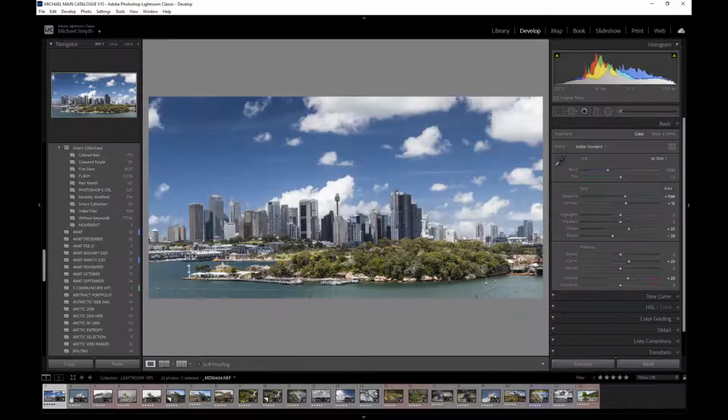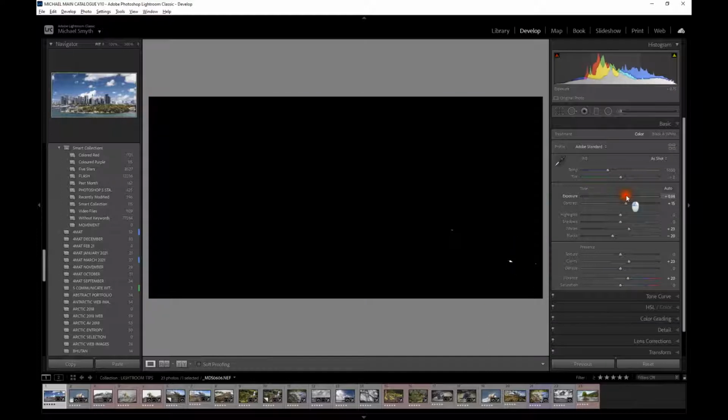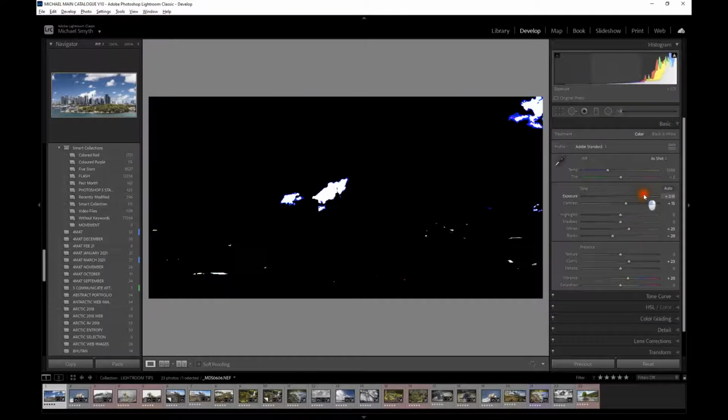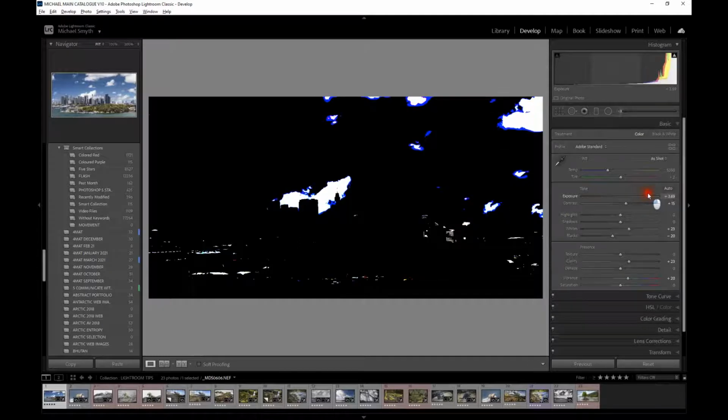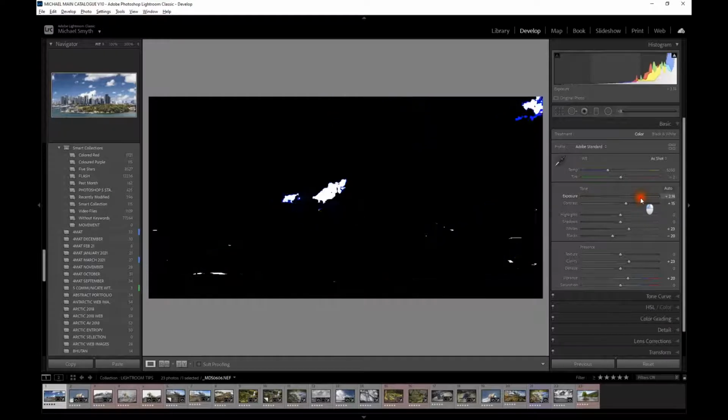A simple one here is, if we're looking at our overall exposure on this image, if I hold down the Alt key while I adjust the exposure, you'll see that as I move towards the right hand side, by holding down the Alt key, you will start to see a live overlay of where your image is being clipped to white. Obviously we wouldn't be adjusting our image all that way, but if you want to just see where it's going to start to clip to white, hold down the Alt key, move the exposure slider, and of course